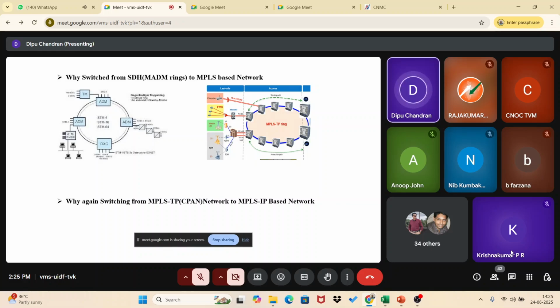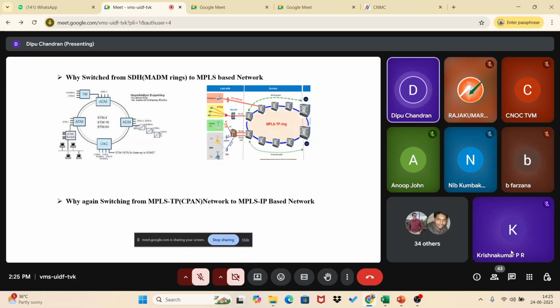You need not have to manage on an hourly basis or these things. So that advantage, it is a simple advantage we brought. Actually, technically, many things are there. So what I just try to tell, these are the basic advantages and why all the ISPs at that time went to MPLS-TP. There was also a constraint.